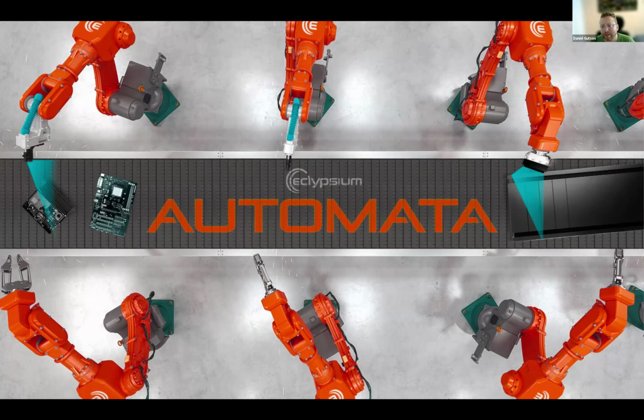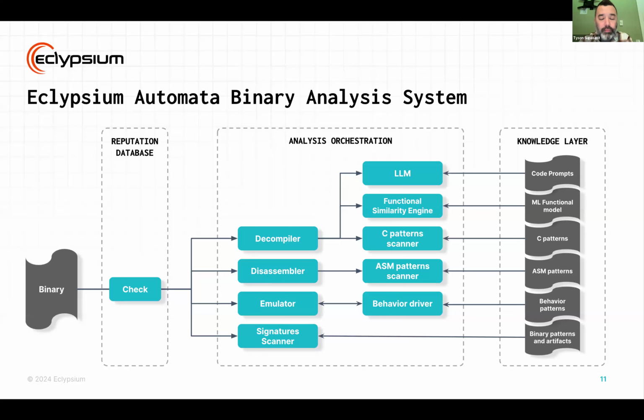Maybe you can progress to the next slide, please. Sure. So basically, Automata is based on a rules system that is updatable, known as a rules database update. We initially get a binary which is unknown to us. So we trigger all the analysis orchestration, starting with the decompiler, the disassembler, the emulator, and of course the signature scanning. From the decompiler, we feed the decompiled code into large language models, the functional similarity engine, that basically asks,